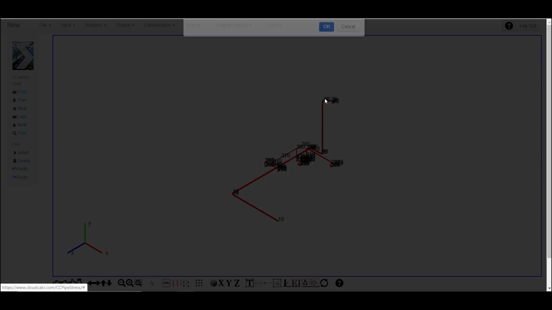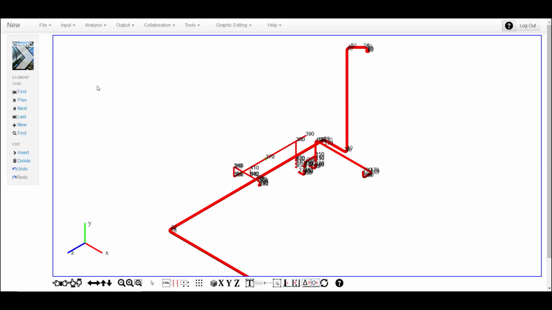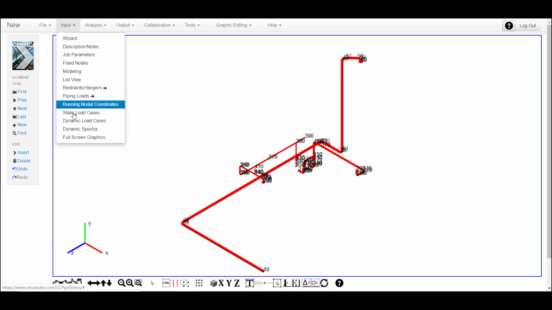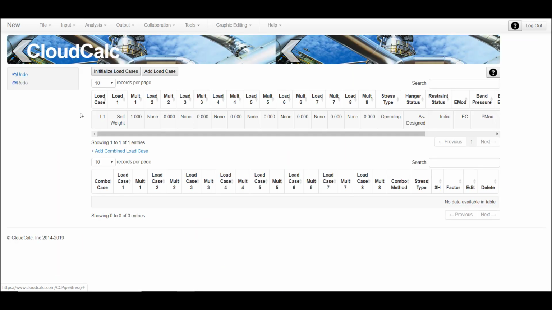Okay, now it is time to analyze the pipe. First, we need to set up the load cases, which will define which load components are included, what stress type they should be analyzed for, as well as some other parameters. Load cases may be set up manually, or we can get CloudCalc to do it by clicking this Initialize Load